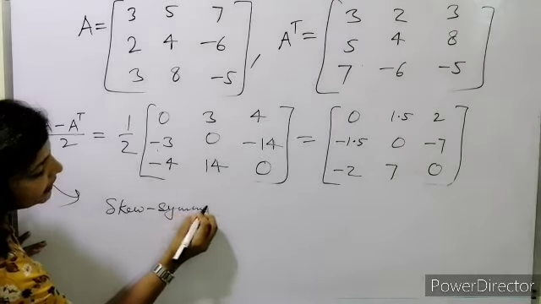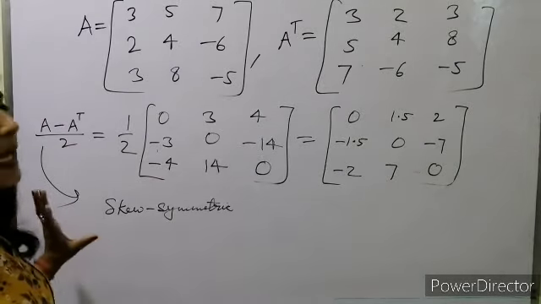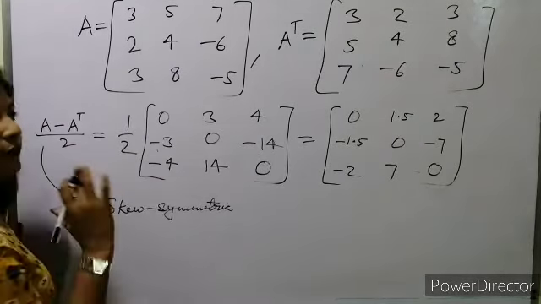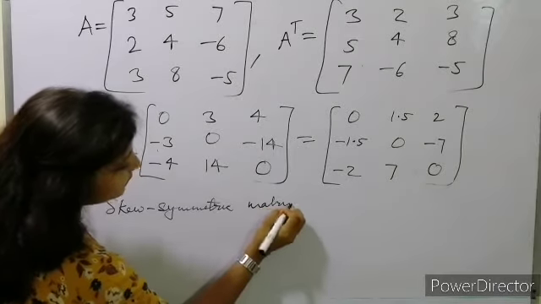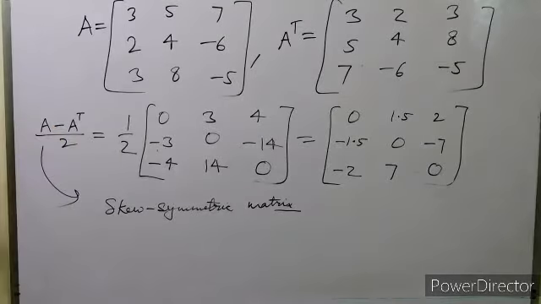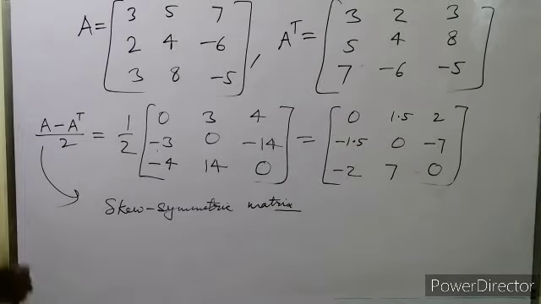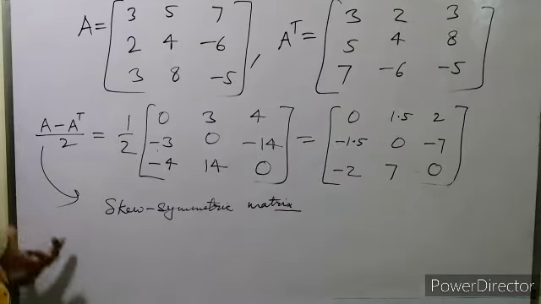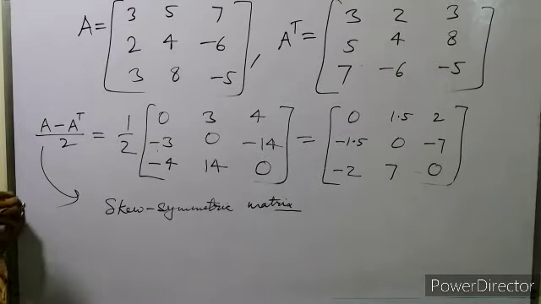Okay. So whenever we have to find the symmetric matrix of a given matrix जो कि symmetric नहीं है, what we have to do is just add the matrix with the transpose of that matrix and divide it by 2. Similarly, when we have to find the skew symmetric matrix, we have to just subtract the transpose of the matrix from the given matrix and divide it by 2. So जो भी given matrix A है, हमें उसका transpose find out करना है and transpose को उस given matrix से subtract करना है. Okay, so that will be A minus A transpose divided by 2, and then we'll get the result.